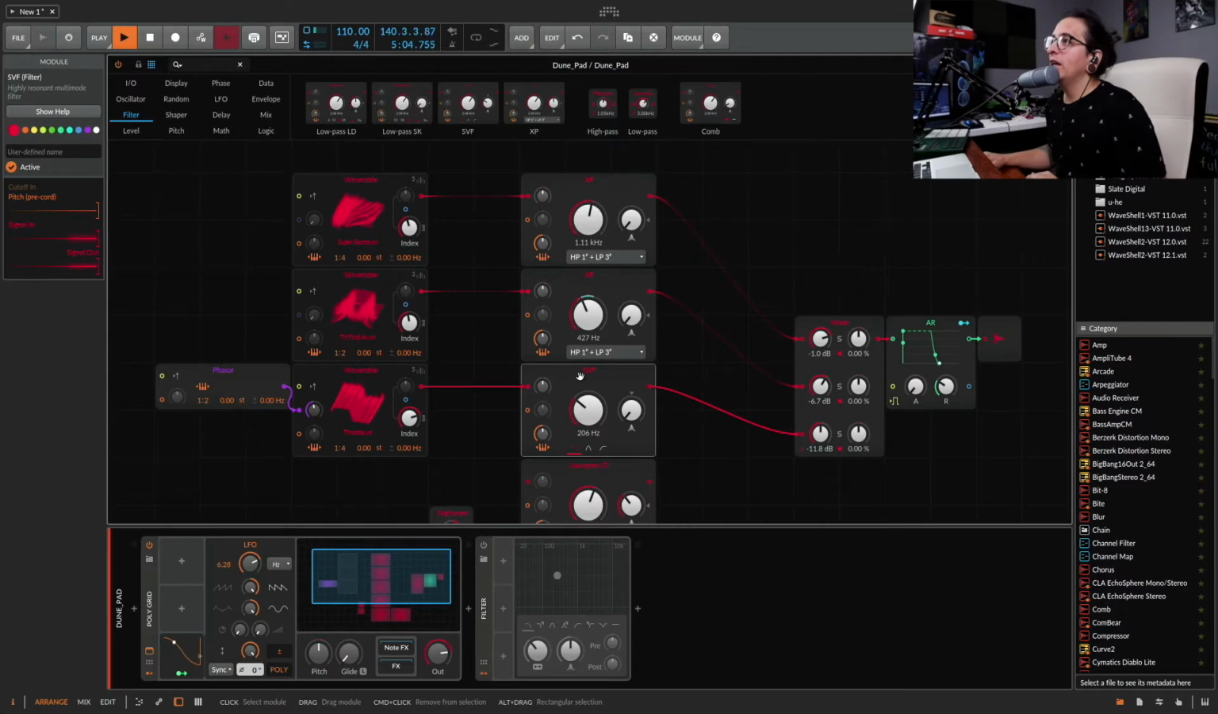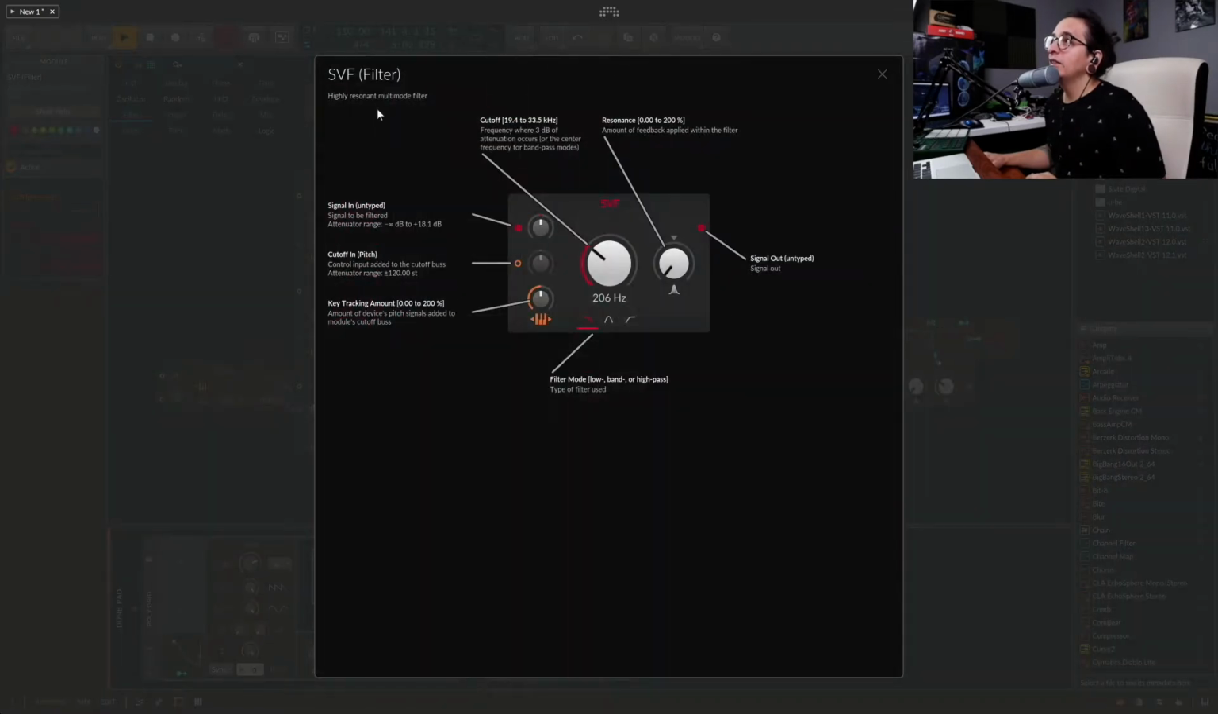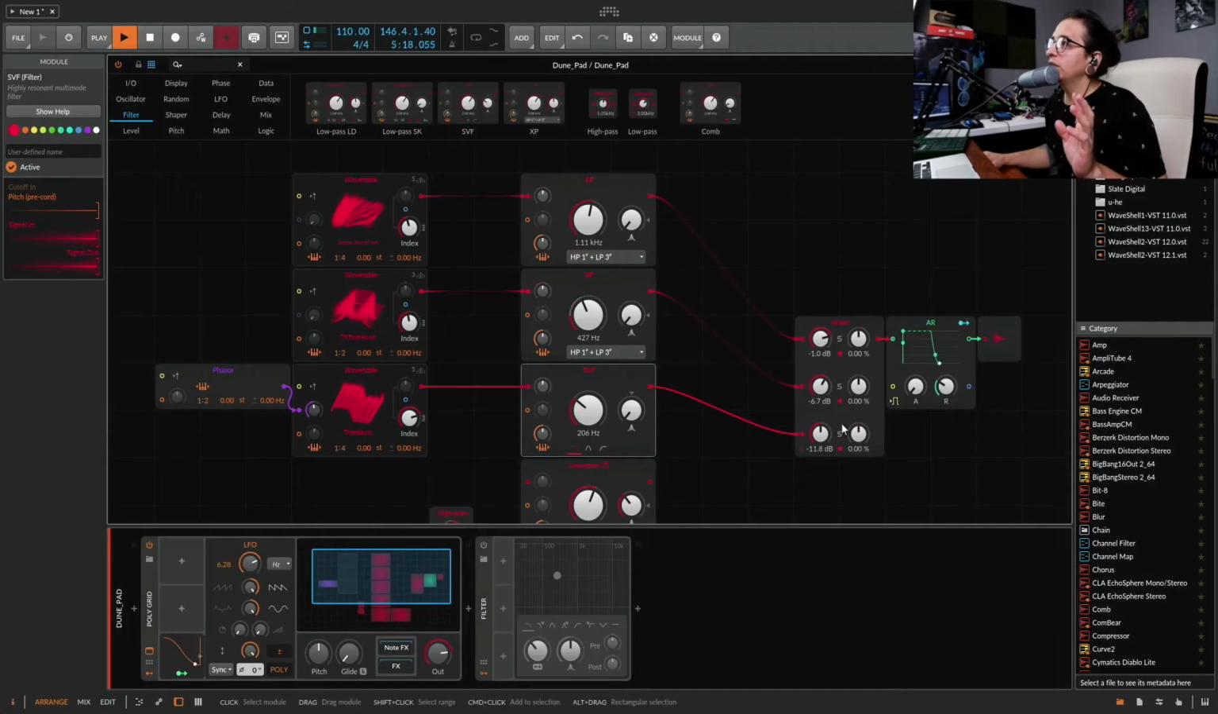Next one is the SVF. The SVF is a highly resonant multi-mode filter. I do like this one. It gives a certain tonality to your sounds. Like if we solo this and I press play,